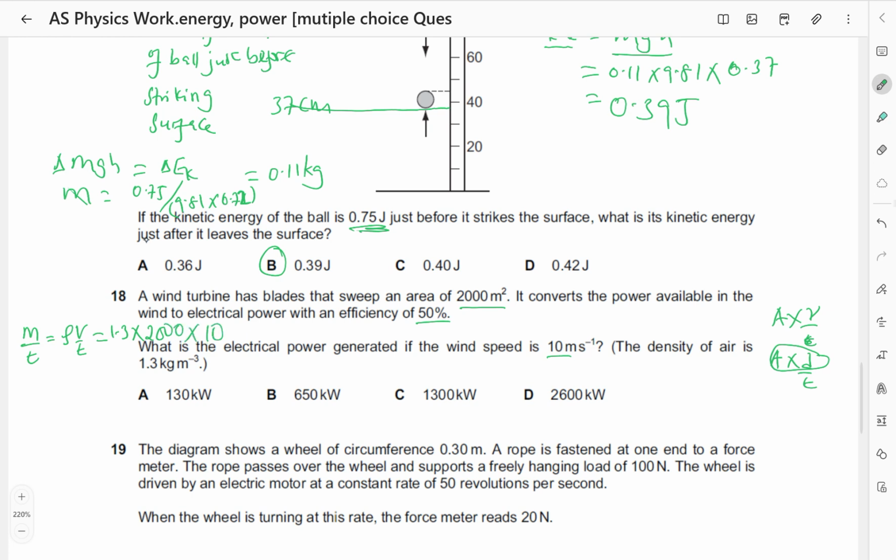That is going to be the mass per second. So this is going to be equal to, I think 2 times 1.6 is 2.6. So this becomes 26,000. So this is going to be 26,000 kilograms per second. So that is the mass per second. Also note that the kinetic energy is equal to a half mv squared. And the power from the wind,